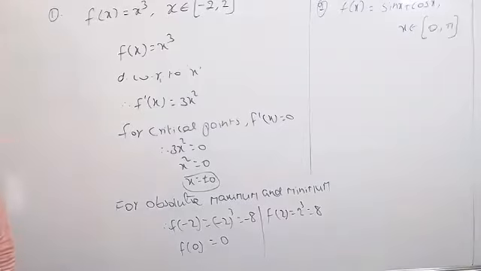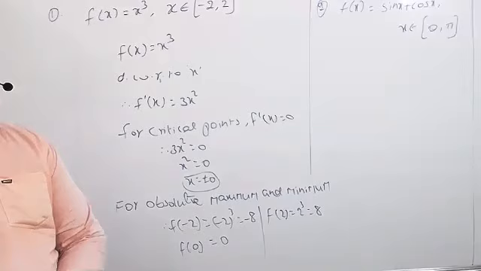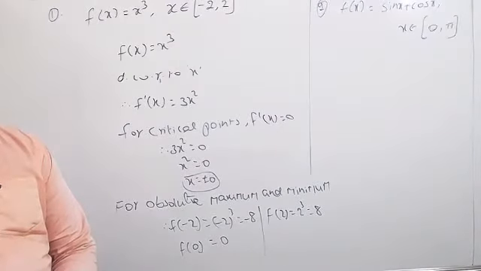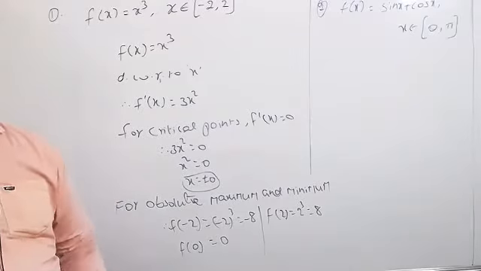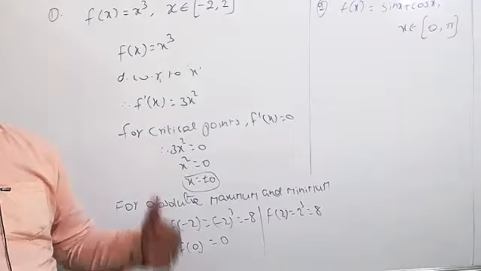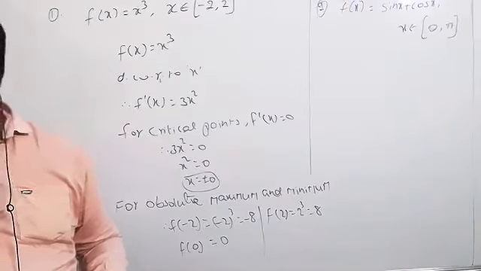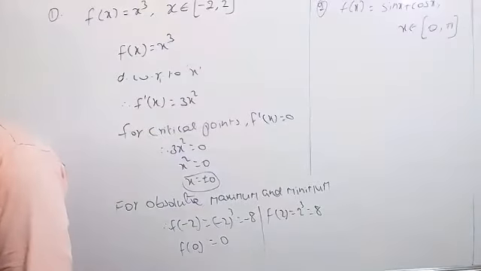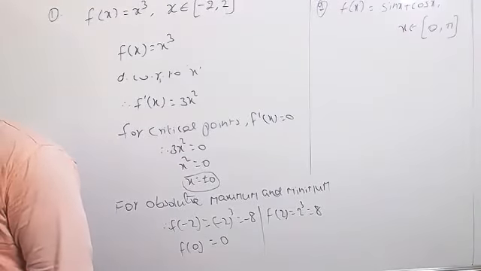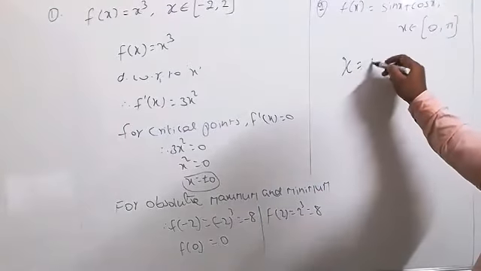Very easy one, simple question. First differentiate and find the critical points. Later, based on the critical point between 0 and pi, we take the value. Then we get three numbers and substitute them in f of x. The point where we get the maximum is the maximum value. x equal to how much? Pi by 4. Very good, x equal to pi by 4. Means three numbers we have to find.